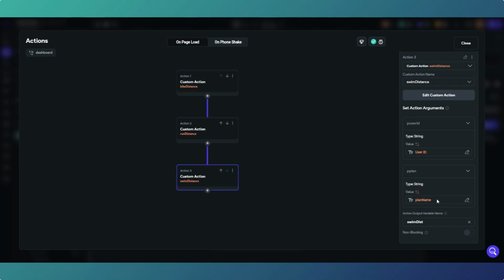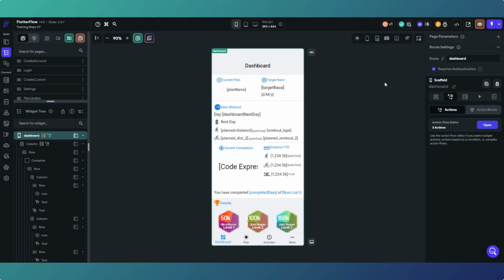We've got a plan name, which is the training plan I'm following, and the action output variable is called swim distance, or swim dist. So essentially what it does, it calculates the distance year to date for me for that particular training plan,